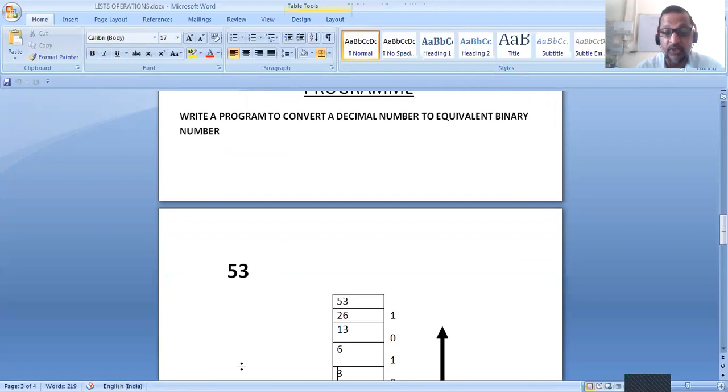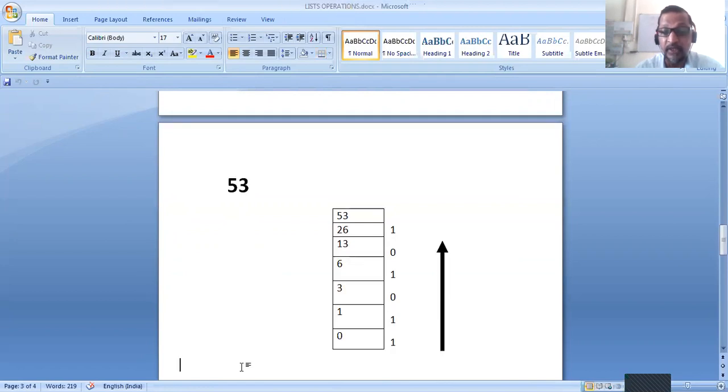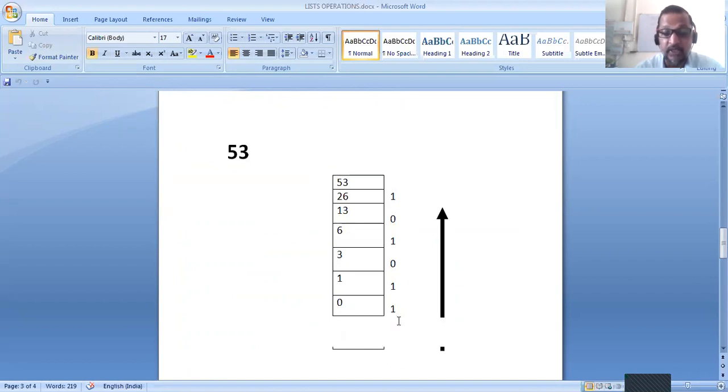We divide 53 by 2 each time and accumulate the remainder. 53 divided by 2 gives 26, remainder 1, then remainder 0, remainder 1. When the quotient is 0, we stop here and write all the remainders in reverse order, and it will give the equivalent binary number, that is 110101. This is the logic.